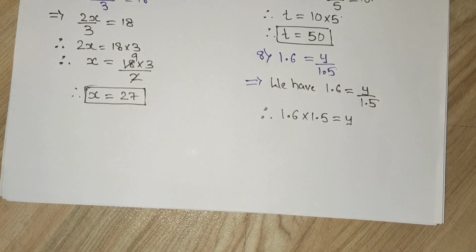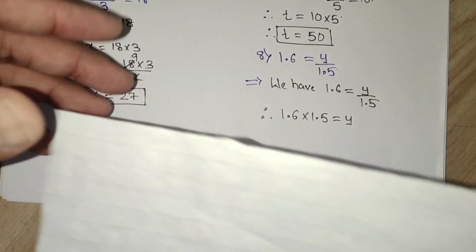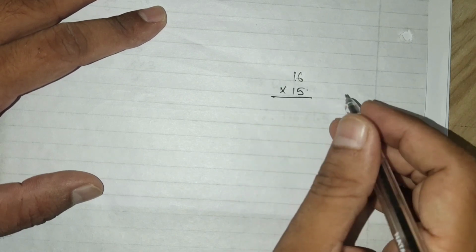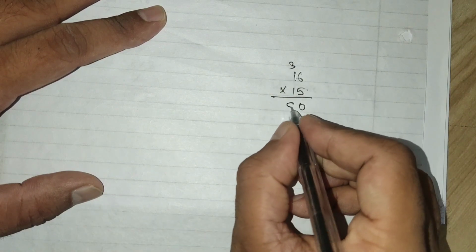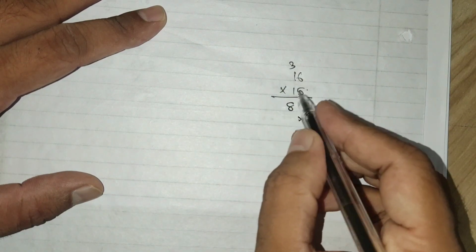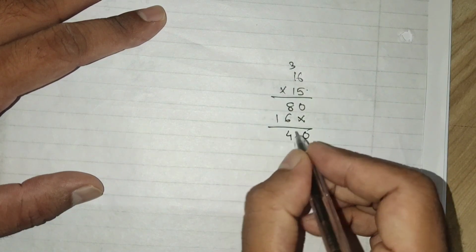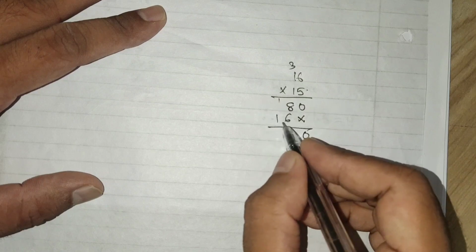Let me multiply it in rough page. I am multiplying 16 into 15. 6 5s are 30, 3 carry, 5 1s are 5 plus 3, 8, 1 6s are 6, 1 1s are 1, 8 plus 6 is 14, it is 240. But students,